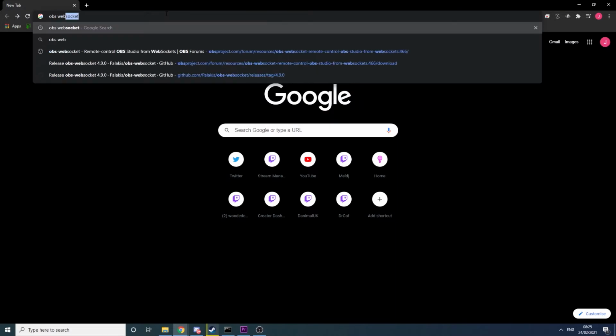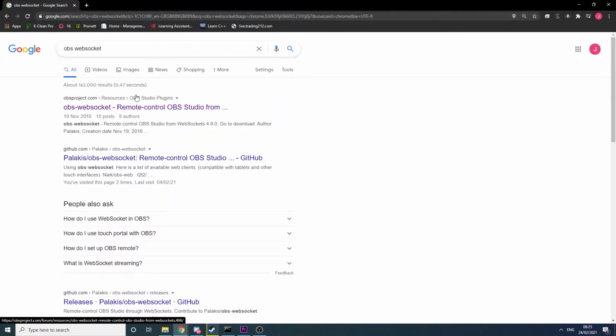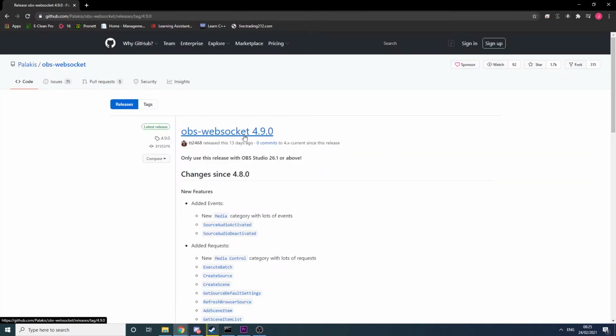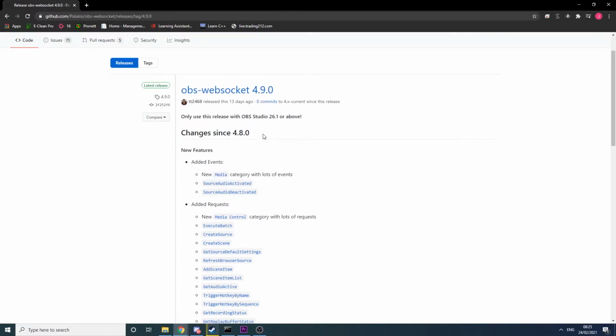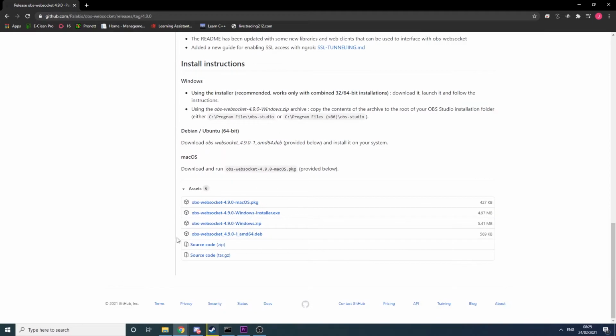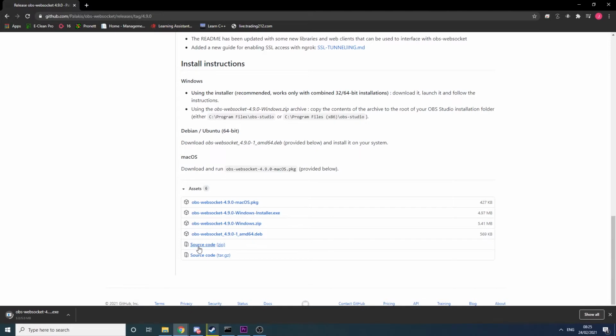To install OBS WebSocket, head to the link in the description, scroll down to OBS WebSocket 4.8.0. I mean, the version number may have changed by now. Presumably you're on Windows and you're looking for the Windows installer. Download it and run it, and make a note of your port number and password, as you're going to need those bits of information when you're using the OBS WebSocket with another program or device.